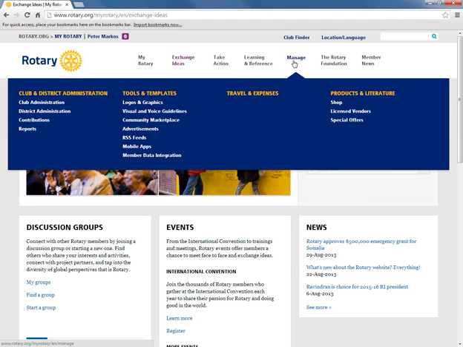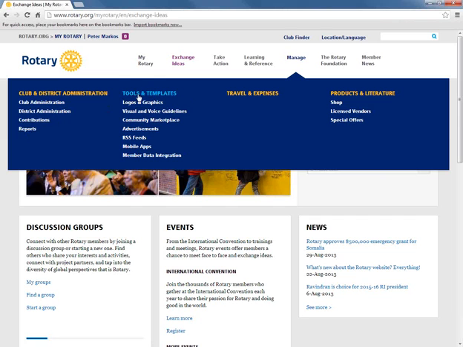Moving on to Manage. For those Rotarians that remember the Member Access Portal, and remember it fondly since it was there for a very long time, most of the links and functionality that you're now looking for to be able to administer and manage your clubs and districts and the reporting you need is now under Manage, Club and District Administration. Obviously grouped by club functions here, district administration under the District Administration tab, and then contribution and reports carries a lot of the information you need, whether it's a report or